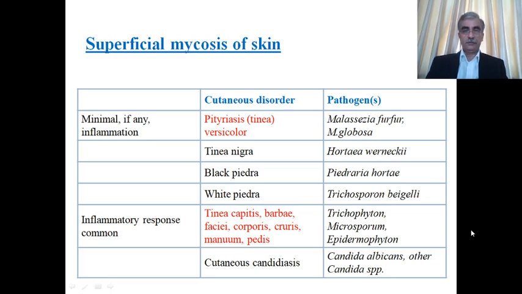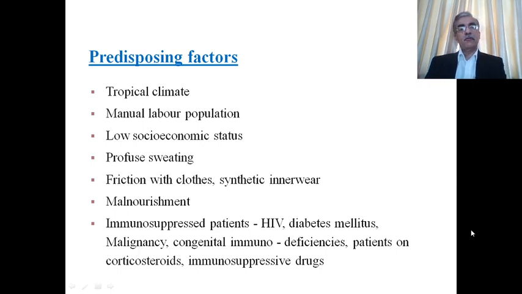One important thing we should note here is that these non-Candida albicans species are sometimes resistant to commonly used antifungals. Now coming to predisposing factors for fungal infections. In a tropical climate, where it is hot and humid, the chances of fungal infections are more. Then people who are involved in manual labor, who are socio-economically weaker, and who have more sweaty skin, are more prone to fungal infections. Then friction with clothes, when synthetic innerwear is worn, causes friction. Then penetration of the fungus is more, and maceration, humidity and sweating are more, so there are more chances of fungal